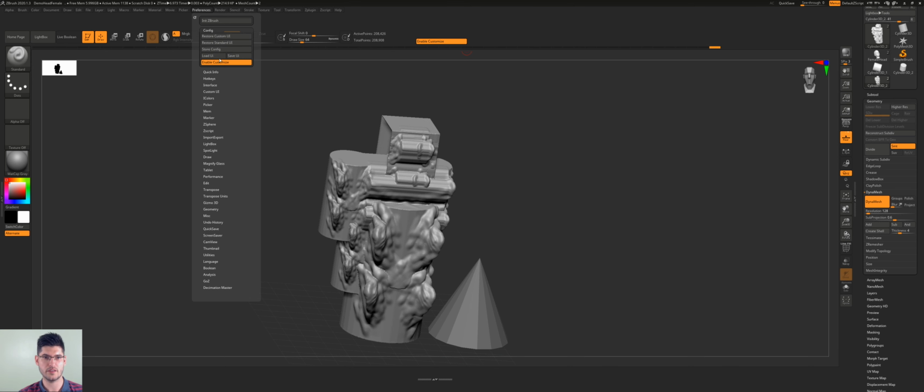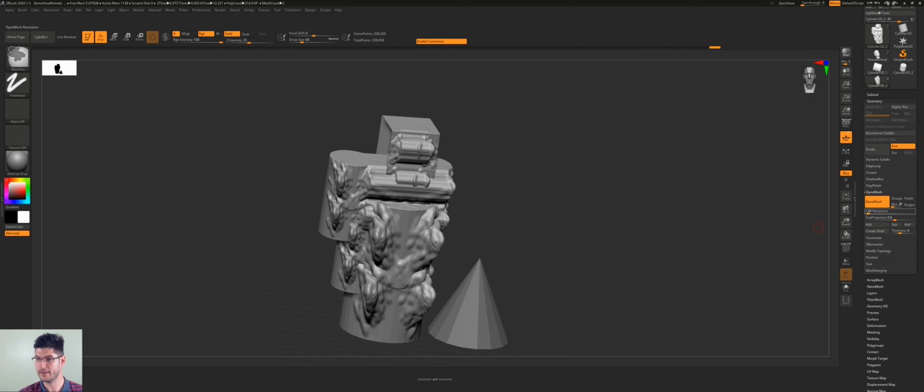So in Preferences, we want the Enable Customize. We have a Store Config option as well, which if you press, it will tell you that the master configuration has been saved successfully, and the next time you restart ZBrush, it will basically go to these settings that you just saved, right? The next thing that we want to add as an option could be Dynamesh, because Dynamesh